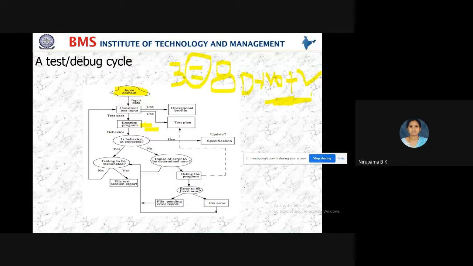Now, what is in my mind? In my mind, these two are not equal. After executing this program, the output it is displaying is also not equal. Then the observed behavior is the same as the expected behavior. Yes, if it is so, then testing is to be terminated. We have to terminate the testing. The program should end. The session should end.